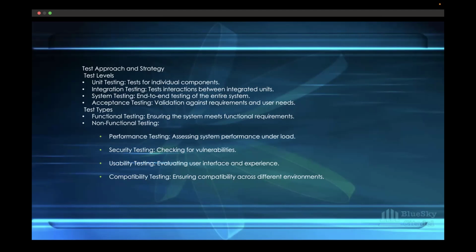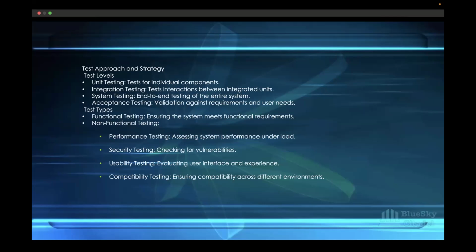Unit testing is tests for individual components. For instance, I'll always use a login as an example. If you are testing the email text field, you are testing that alone to ensure that this text field accepts this number of characters, and so on.